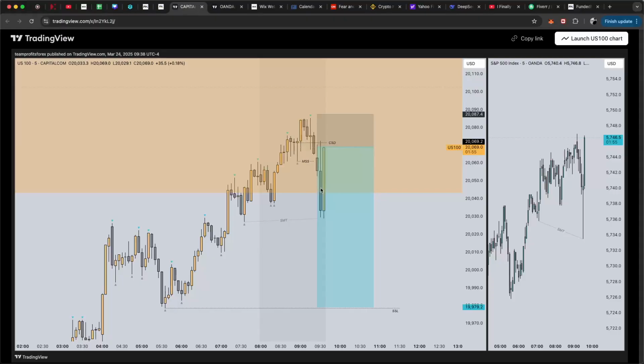So stock exchange. Once the stock exchange opens, or right before it opens, we started to show some selling pressure right here. You see a little market structure shift, changing the state of delivery. I actually took this sell with this candle right here. It retraced up and tapped into this area, and I was already, boom, taking the sell. So I took the sell, placed my stop loss above, and I was targeting these lows.